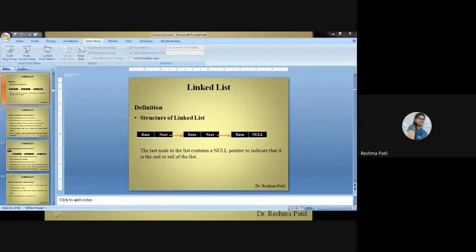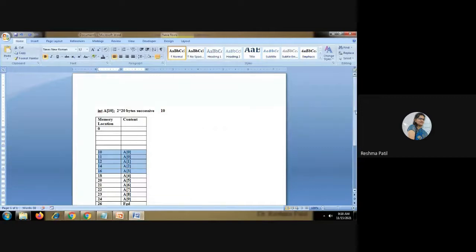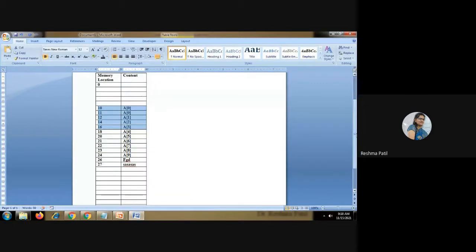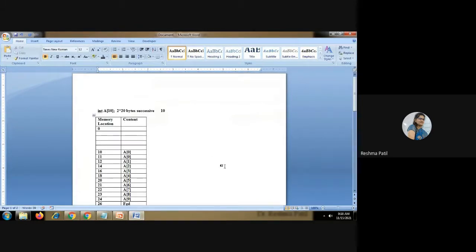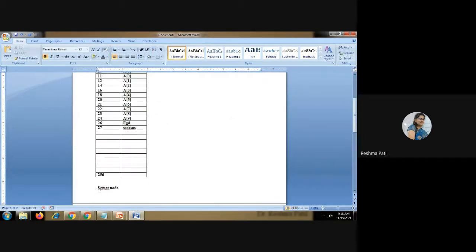Likewise, now I will show the representation of linked list. Suppose there is one structure. Using that structure you are going to allocate the memory. What is that structure? struct node. You have to learn this structure by heart. The same structure you are going to use in each and every linked list type.